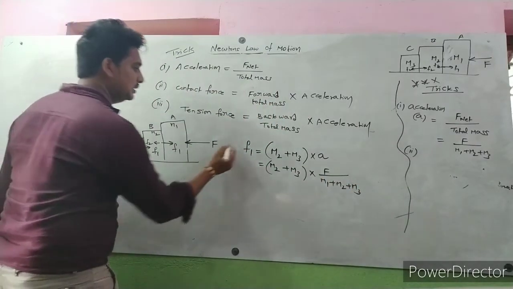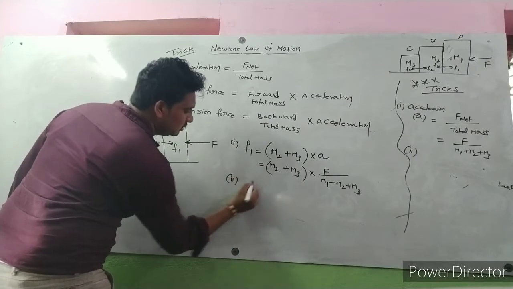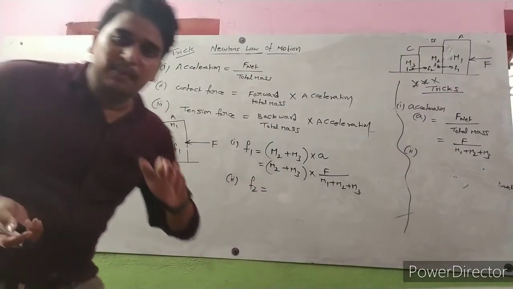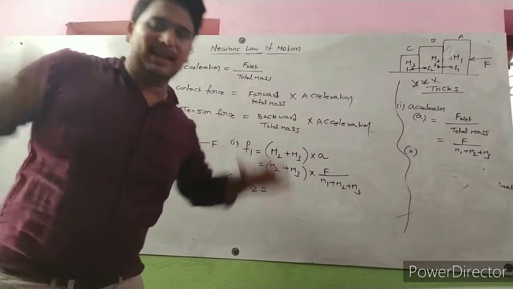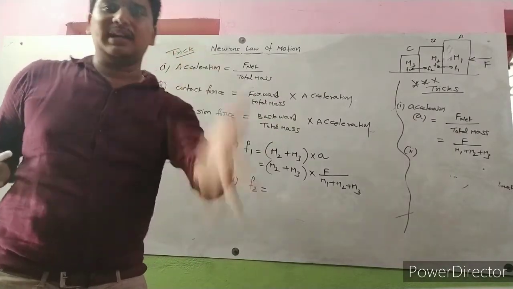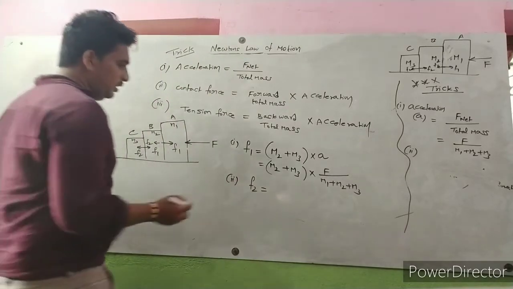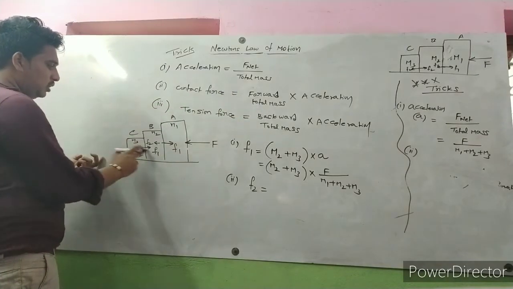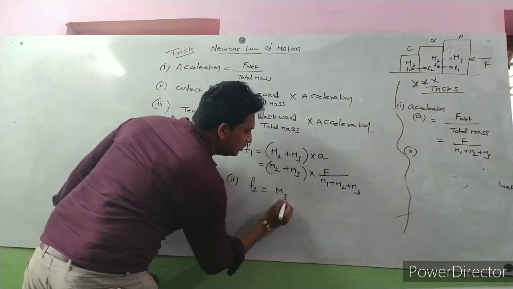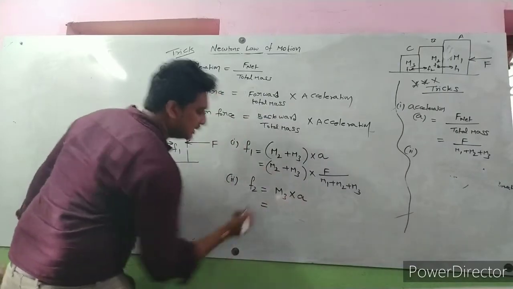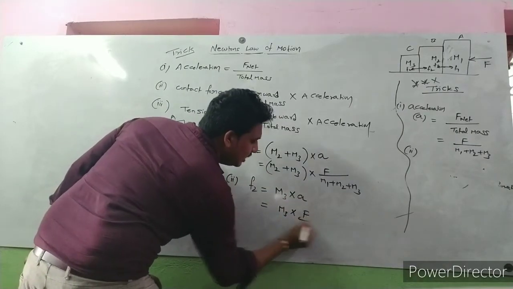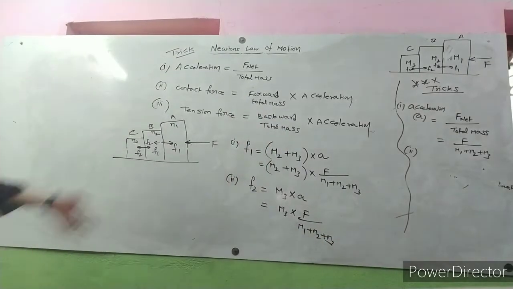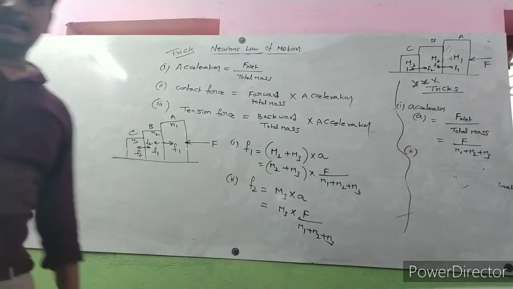We got this. Next, the F2 value. How to find F2? Simply applying the free body diagram concept will take more time. Simply apply the tricks and you get the answer. F2 is equal to the frontward total mass, which is M3 only. So M3 into acceleration, where acceleration is F by M1 plus M2 plus M3. So this is the solution for this question by applying simple tricks.